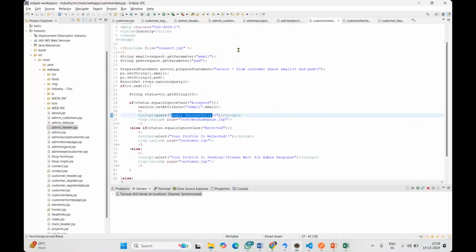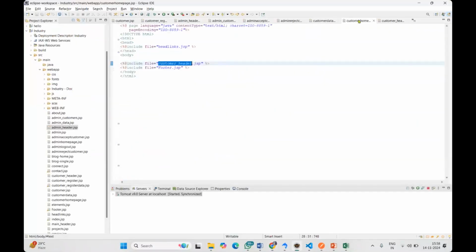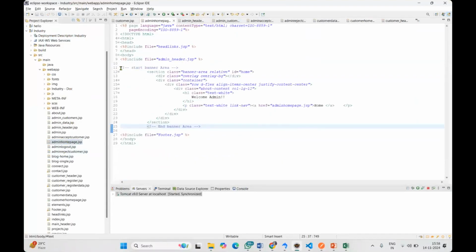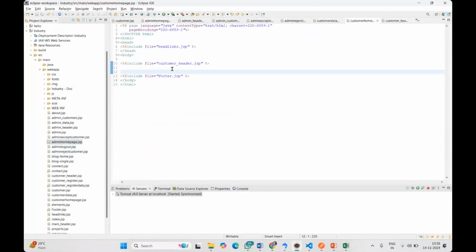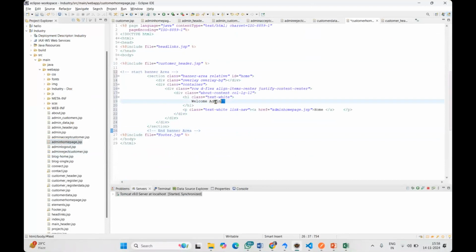So now this is a customer homepage, right? This is where we use a customer homepage. Same as the admin homepage, we need to create one banner. So further in the admin page here, we use one banner, right? So I'm using that banner in the customer homepage, and here I am displaying welcome customer. Instead of admin homepage, this is a customer home, so I am using customer home page